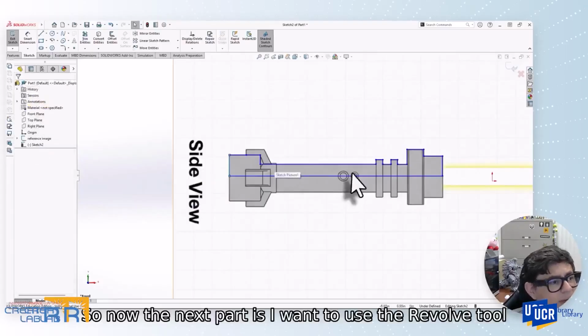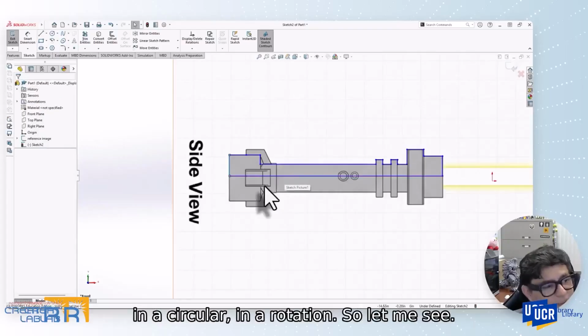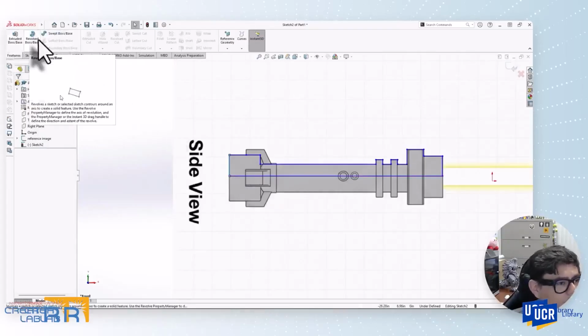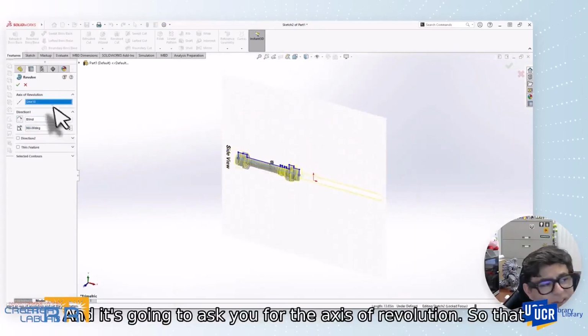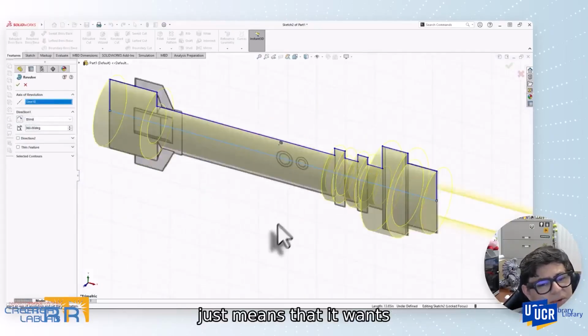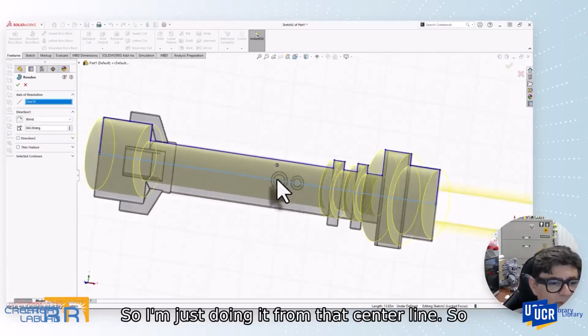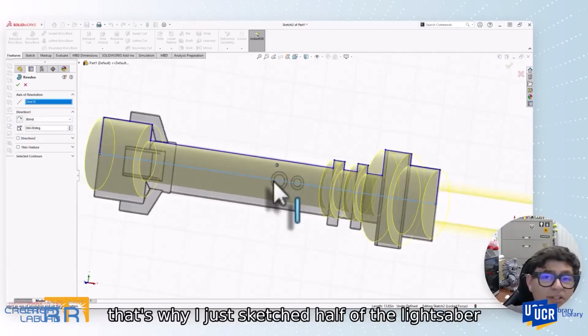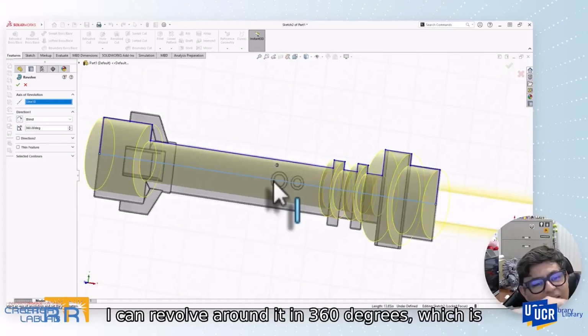Now the next part is I want to use the revolve tool to create the solid piece in a circular rotation. So let me see, I think I can do it here. Quick revolve, and it's going to ask you for the axis of revolution. That just means it wants to know where you want to start your revolve from. I'm just doing it from that center line. That's why I sketched half of the lightsaber, because I plan to use that middle line so that I can revolve around it